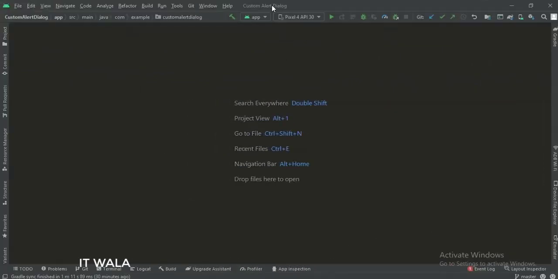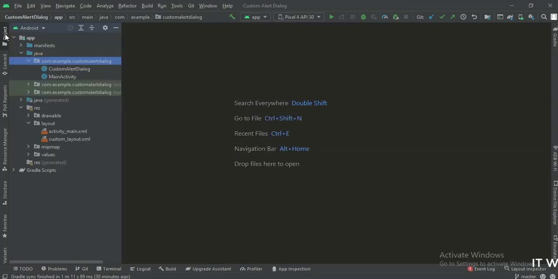Let's start. The project name is Custom Alert Dialog. Let's see the project structure. Here we have a main activity and a custom alert dialog class. And in the UI, we have